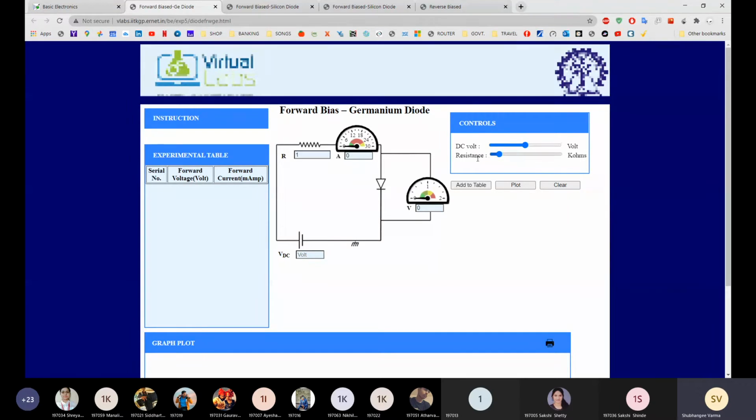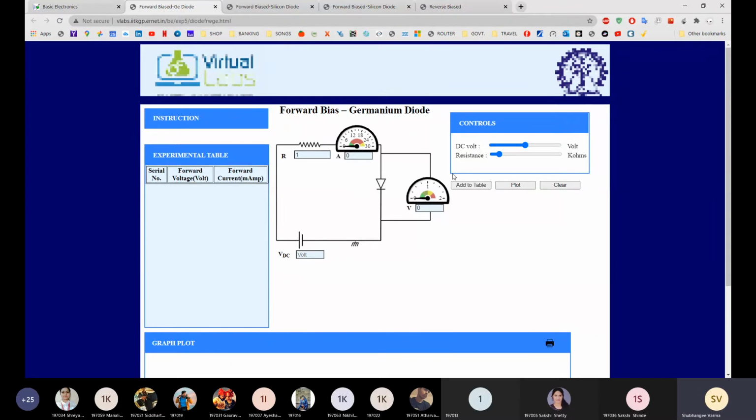Okay, so it's in kilo ohm. So we are going to keep it as 1 kilo ohm. You can see over here, students, I have selected 1 kilo ohm. And again, for forward bias characteristic, the steps will be same. You have to take the reading in steps of 0, 0.1, 0.2, 0.3, 0.4, 0.5, 0.6, 0.7, 0.8, 0.9, then 1, 2, 3, 4, 5. Okay. Up to 1, you are going to take it in steps of 0.1, and after 1 volt, the interval is of 1 volt. Okay, 1 volt, 2 volt, up to 5.